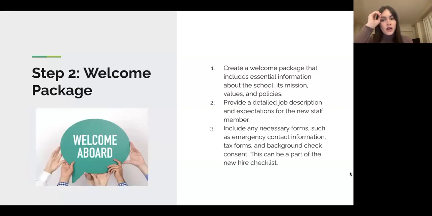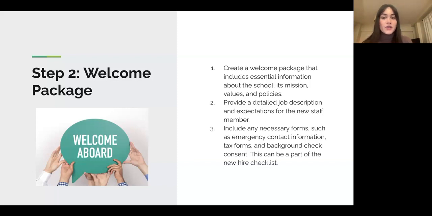Step 2 is the welcome package. And this is where you're really just handing them everything on the first day. So creating a welcome package that includes the essential information about the school, your mission, policies. This could be the employee handbook, with a couple of additional things, such as maybe the assistant training guide if they're not familiar with Montessori, or anything that you would feel would be beneficial to this person.